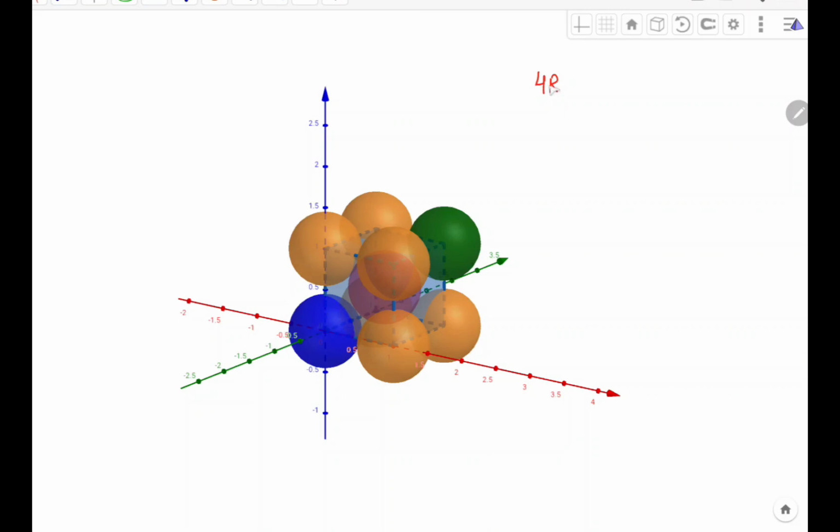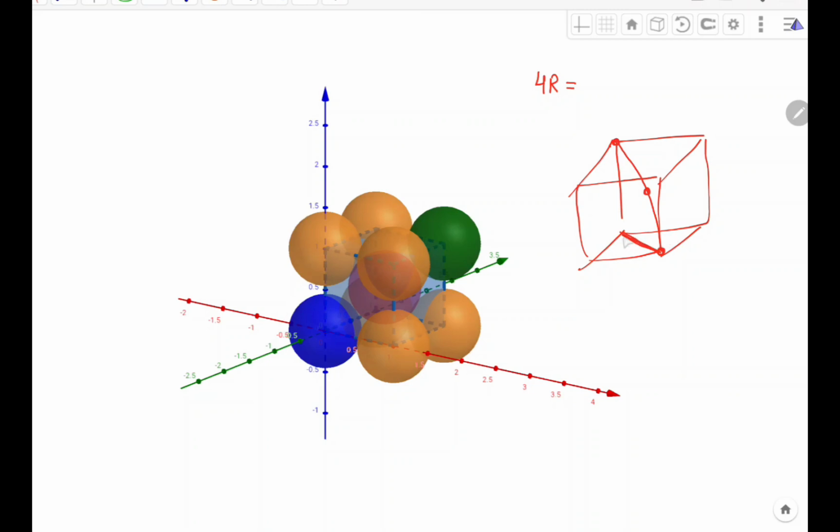So 4R is equal to the diagonal of this cube. Let's just draw the cube here. Now we are talking about this atom, the back one, with the middle one and the front one. So the diagonal of this one is the diagonal. Okay, this diagonal, and